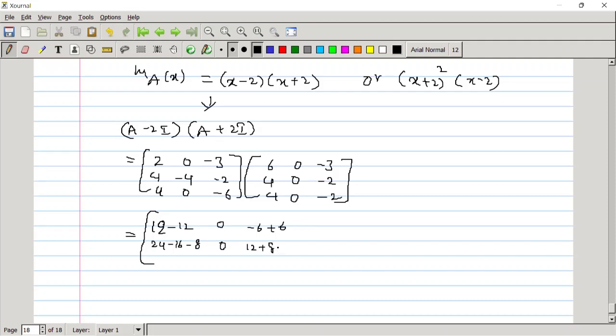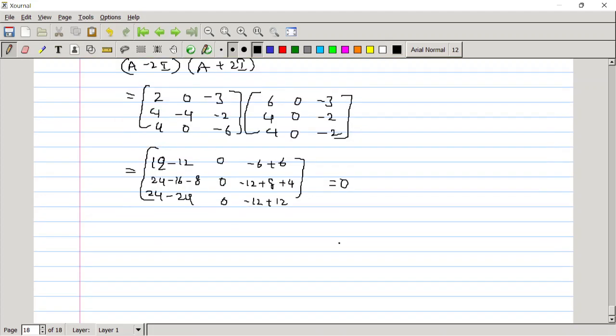12 plus 8 plus 4. Sorry, this is minus 12 plus 4. The third row will become 24 minus 24, 0, minus 12 plus 12. So you can see this is equal to 0. That means the minimal polynomial of A is nothing but